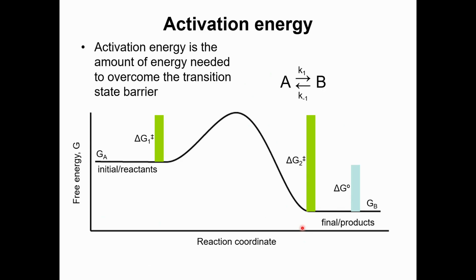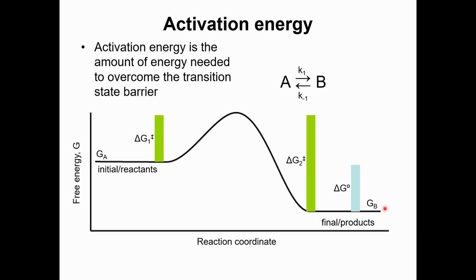I'll talk just a little bit about energetics of enzymes. So if you think about it, here's kind of the free energy level of the reactants. We would also call this the substrate. And here is the free energy of the products. You can see that the energy of the products is lower than the energy of the substrate, the reactants here. That means this is an energetically favorable chemical reaction.